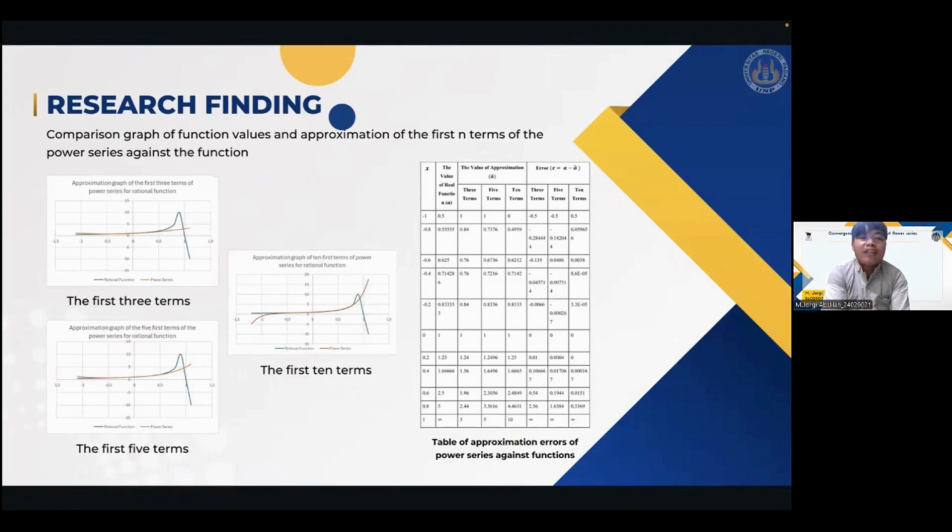Next, look at the error table. In the power series approximation table, here we can see that the accuracy of the approximation values is only around 0 to 1 and 0 to -1. And at the endpoints 1 and -1, the graph becomes steep and shows inaccuracy in the values. Next,